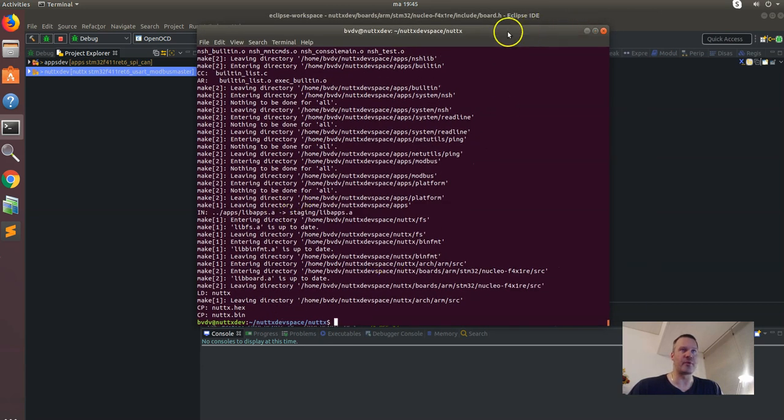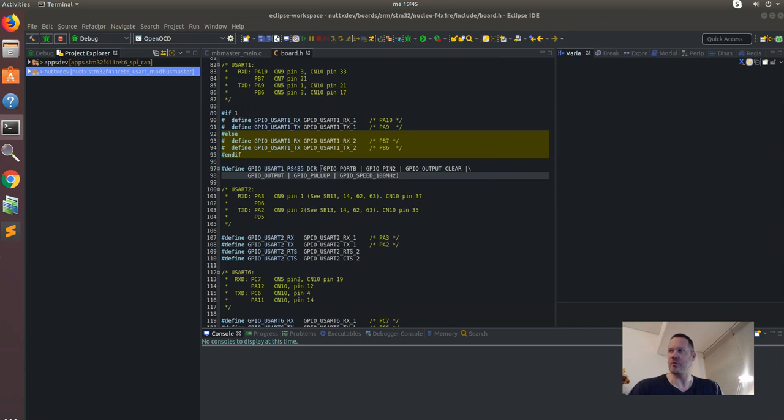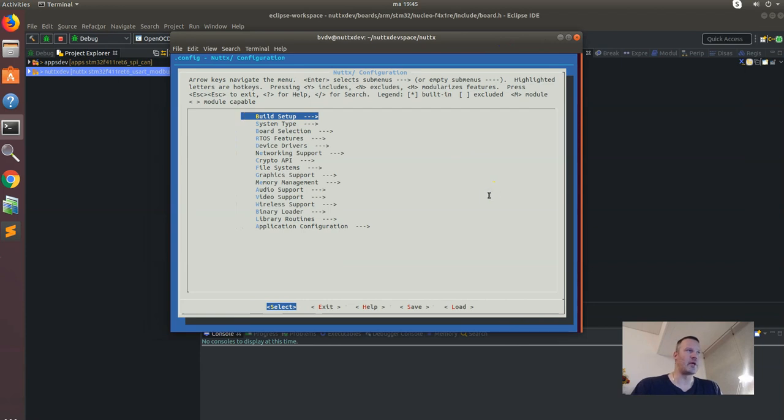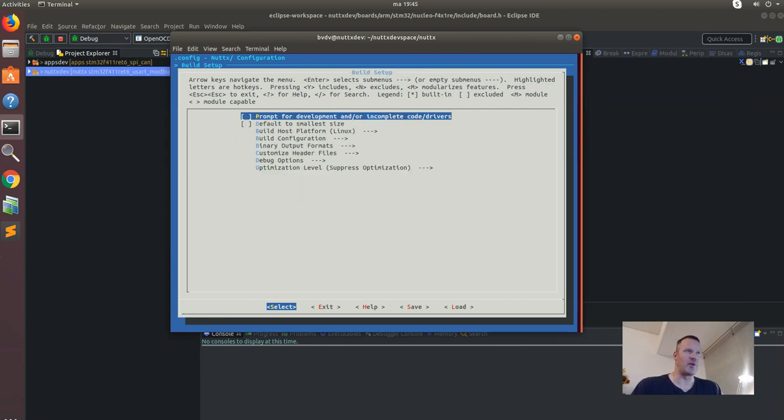So I built the project, and we go to make menuconfig, and here we have make new config, and let's see what we have to change here. At first we go into build setup, and we are looking at the host platform, which is Linux. Debug options, I only have generate debug symbols, and optimization level I use suppress optimization, so you can change that